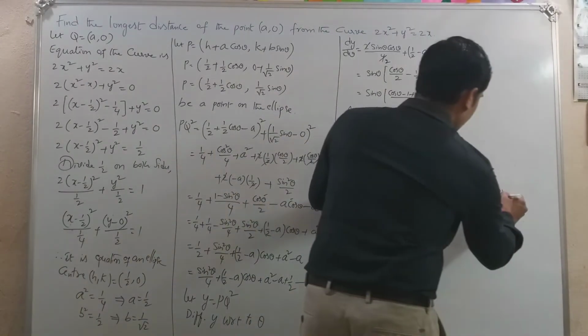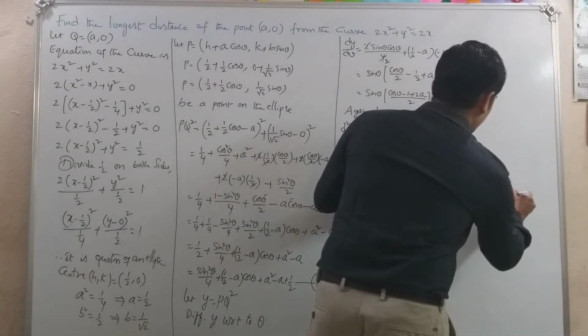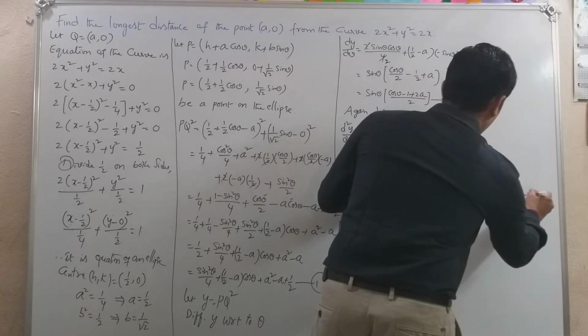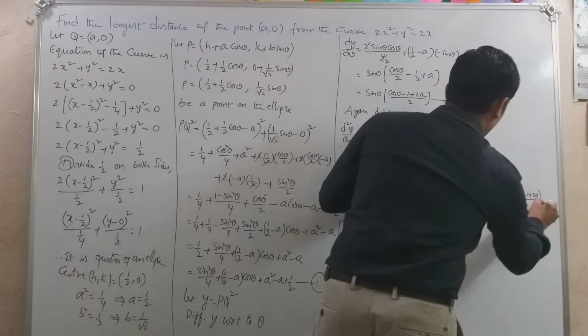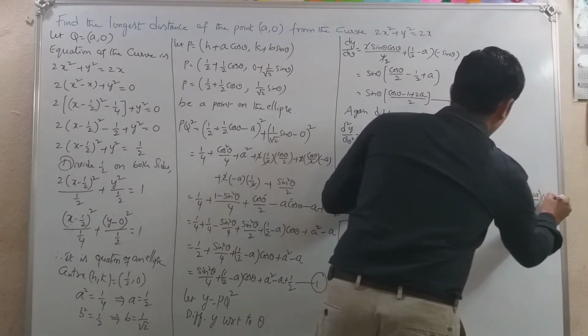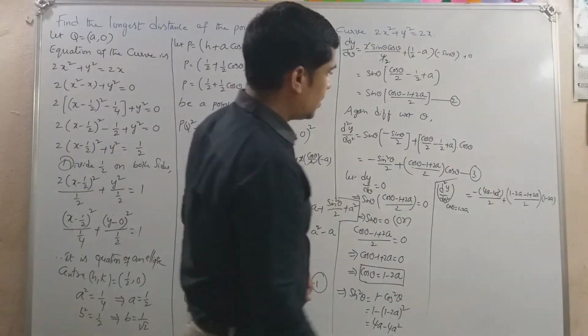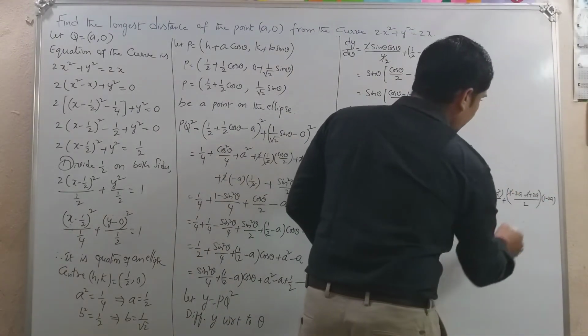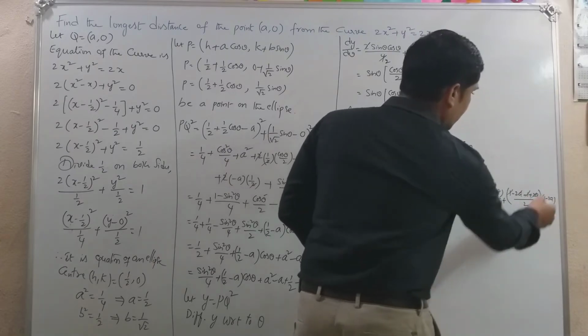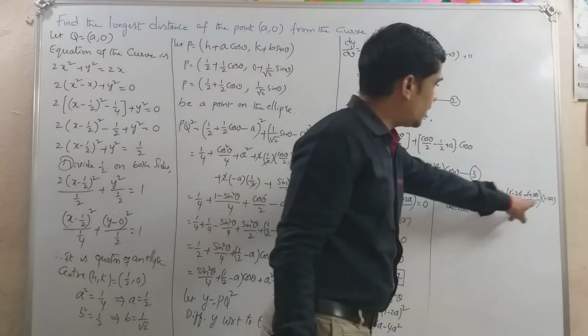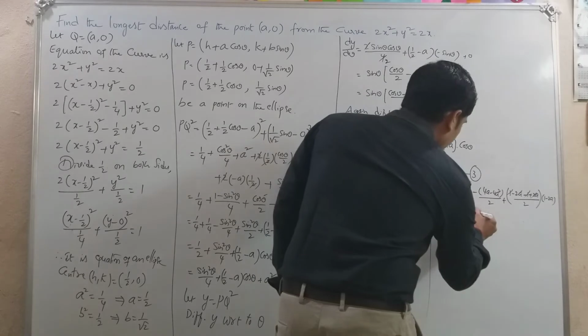So let me substitute here. Plus it is 1 minus 2a minus 1 plus 2a whole divided by 2, into cos theta, which is 1 minus 2a. But if you see here, plus 1 minus 1 cancelled, minus 2a plus 2a cancelled, so everything is cancelled here. So 0 into anything is 0. Here the position is